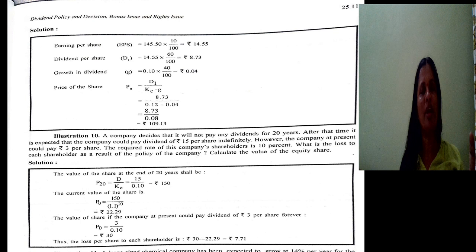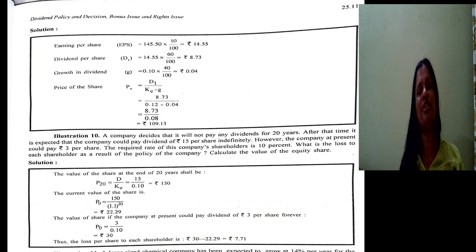So at a 10% capitalization rate, 145 was the book value. The company follows a dividend policy of 60% payout. What should be the price at a capitalization rate of 12%? That is the question. First we will calculate earning per share. Earning per share is always calculated on book value. So on book value, how much percentage is earning? The rate of return is given. Rate of return, not required rate of return. Capitalization rate is the required rate of return. Rate of return is the return.